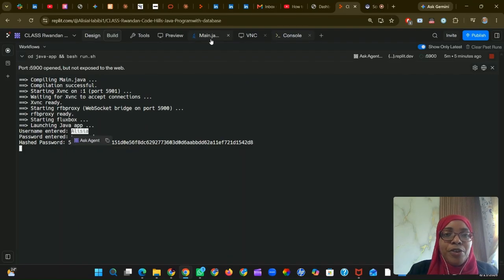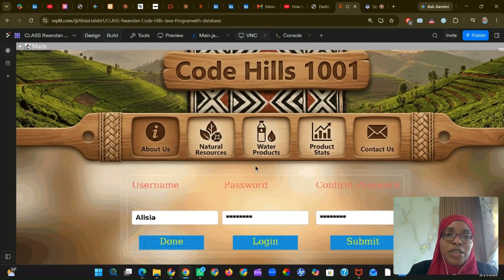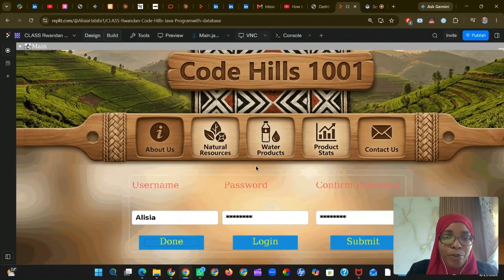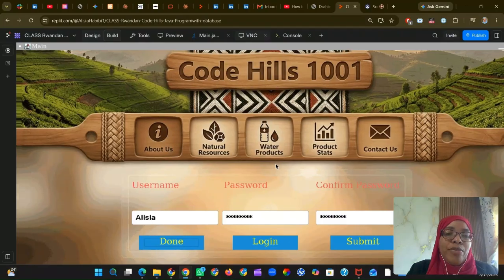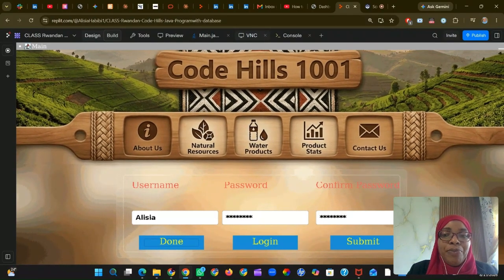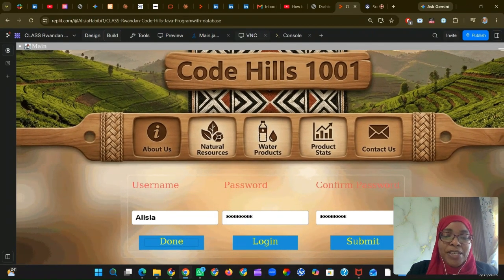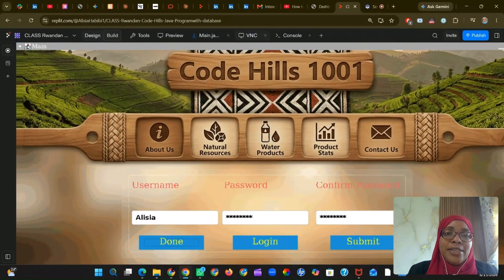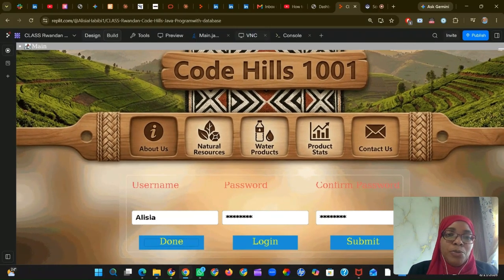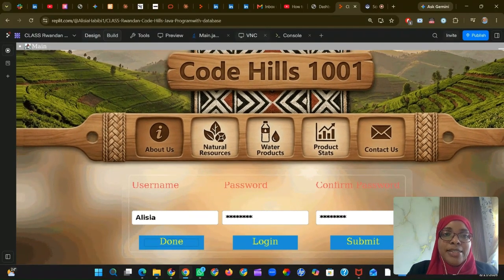So this is the first part of the lesson three learning journey submission, explaining your program up until the progress that we've done. So what are we looking forward to? The next thing we're going to do is to generate the Imigongo pattern. And so the Imigongo pattern will be like a cybersecurity badge that basically confirms and authenticates that this person has successfully signed up. So this person is now a user of the Code Hills app,